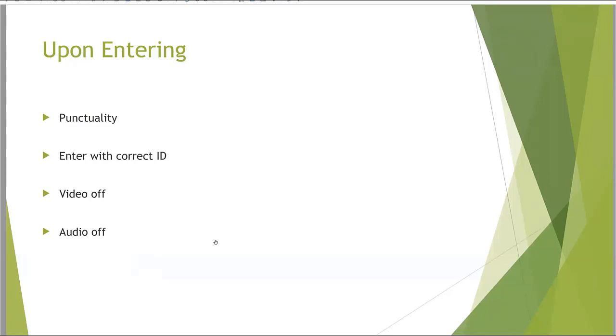As the head teacher said, there's the best part of 100 students on this course. So to admit them, to make sure that they've got their right IDs, and just to physically admit them into the classroom takes some time. So if you are one of the early ones, you're guaranteed to get into the class so that when the teacher starts at 6 o'clock, you will benefit from that full hour. Please be punctual. Enter with the correct ID.